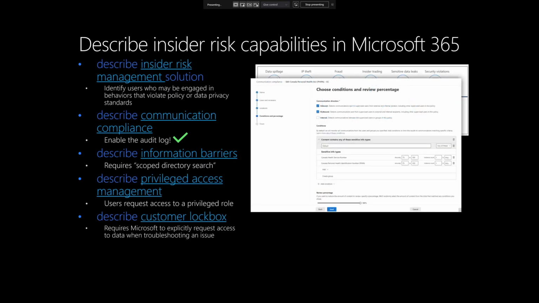Communication compliance helps you to minimize communication risks by, again, detecting and acting on inappropriate messages in your organization. It is important to know that you have to enable the audit log in order for communication compliance to work. So the way this works is you would define whose communication you want to monitor, in other words, what user or group,